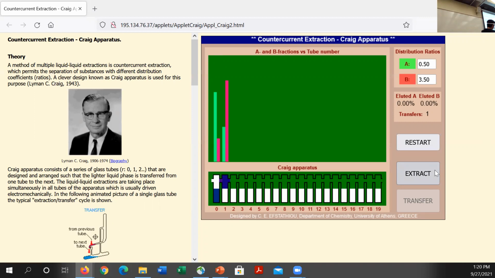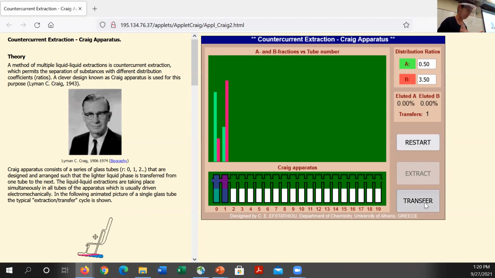Every tube, an equilibrium happens every time you shake and let it sit, you get to an equilibrium. Okay, this is important when we talk later about theoretical plates. Very important later. Okay, so let's extract again